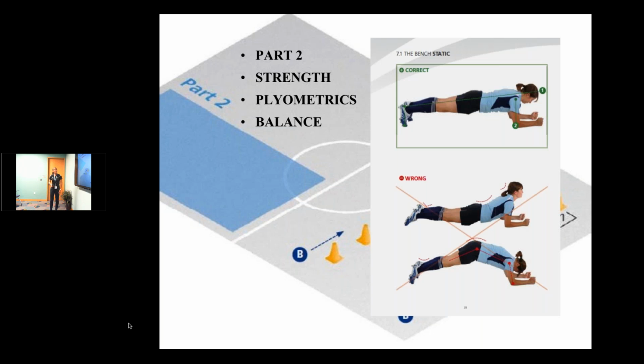All right, strength. The plank. The plank gives you a nice, rigid core. Everyone knows the plank. Here's what's critical about this picture: the forearms are parallel. All right? No planks with the hands together like this. That teaches you to come in like this.